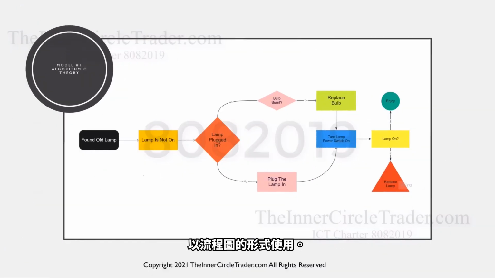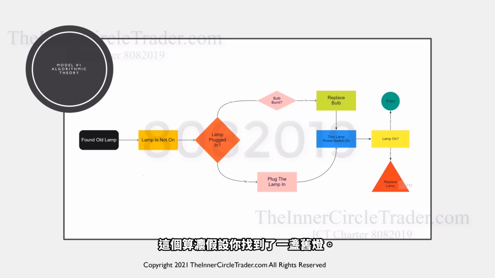As an example, using everyday life, this is an example of an algorithm used in the form of a flow chart. Now, I'm not going to be breaking the models down into flow charts. That's not going to be happening. But for the sake of simplifying and trying to show you what we're doing by taking some of the central tenets to the core content in this mentorship and creating price action models, they're used to give you a baseline or to inspire you to build upon them or to completely create your own with the core content.